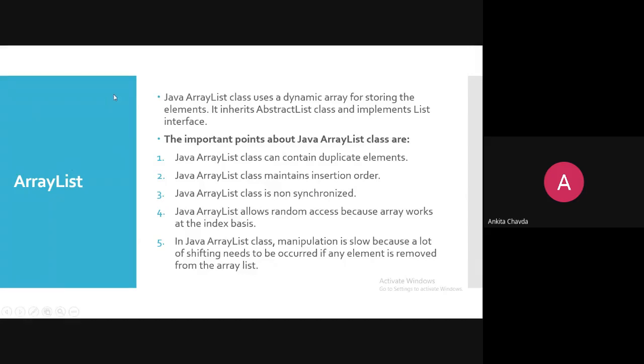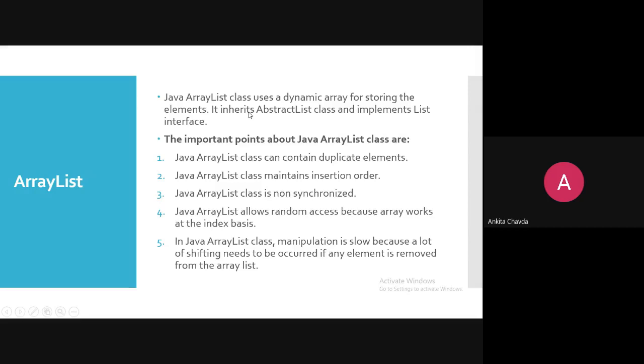If you are creating a dynamic array on your own, every time, if you remember in C language, you used to write malloc, calloc and so on, right? So dynamically, according to the size, you will create the array, then you will perform the linked list operations or stack operations or the queue operations. But here you don't have to apply your logic because you are using the ArrayList class, and the ArrayList class is using a dynamic array mechanism for storing the elements, right?